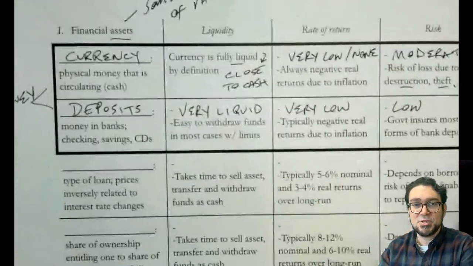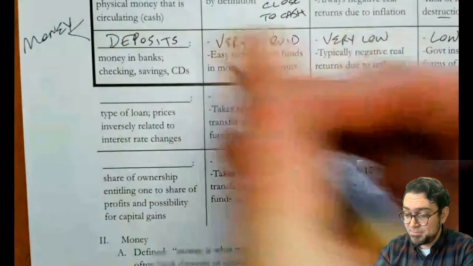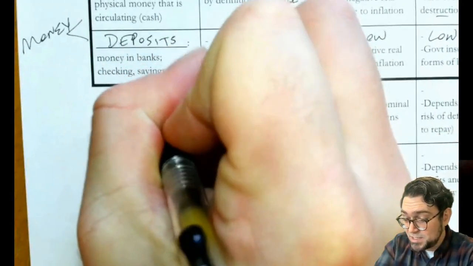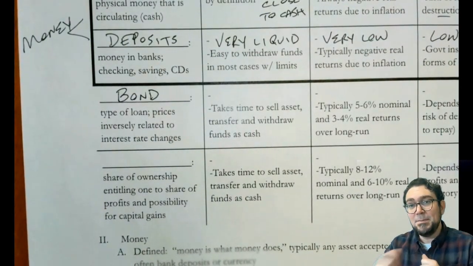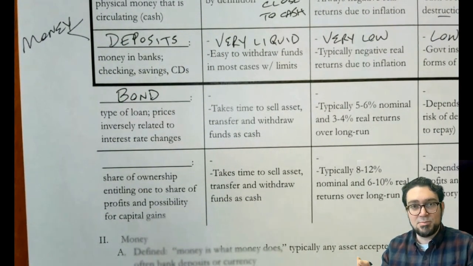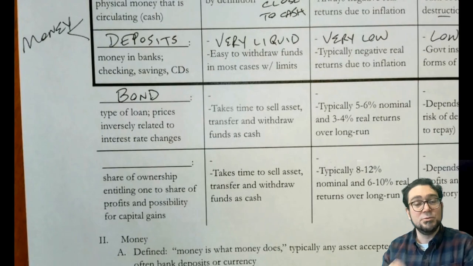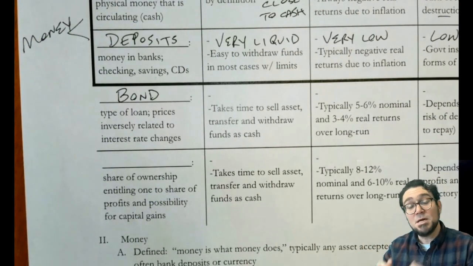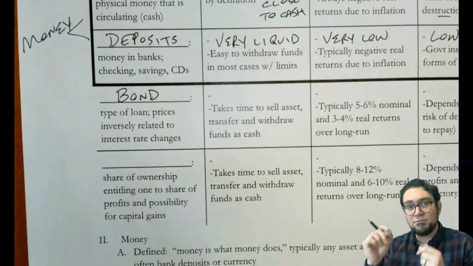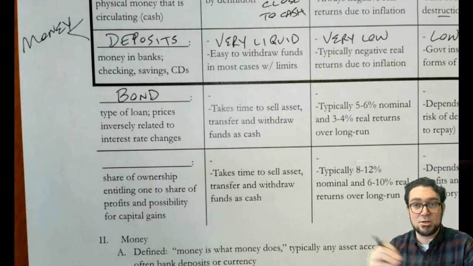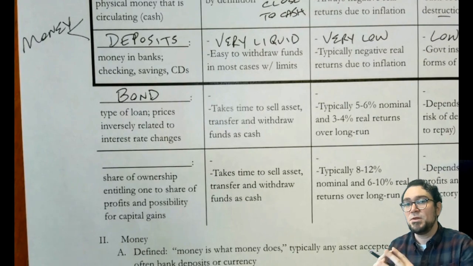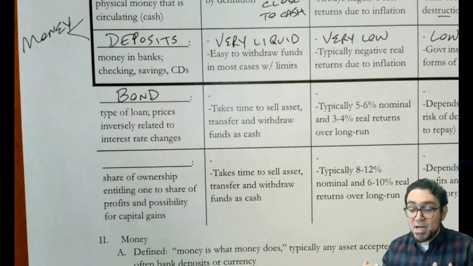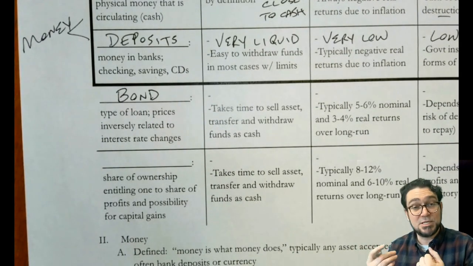Now, there are other types of financial assets out there. There are loans, for example, and one specific type of loan that you need to know is called a bond. A bond is a type of loan in which, as you pay it back, you just pay interest every single month until the end of the term of the loan, in which case you pay the full loan back. Some loans are not structured that way. They're structured where every month you pay a little bit of what you owe back along with interest. But most bonds are structured so that you don't pay the full amount back, what we call the principal of the loan, until the end of the loan. But bonds and loans are considered financial assets because there's something of value.